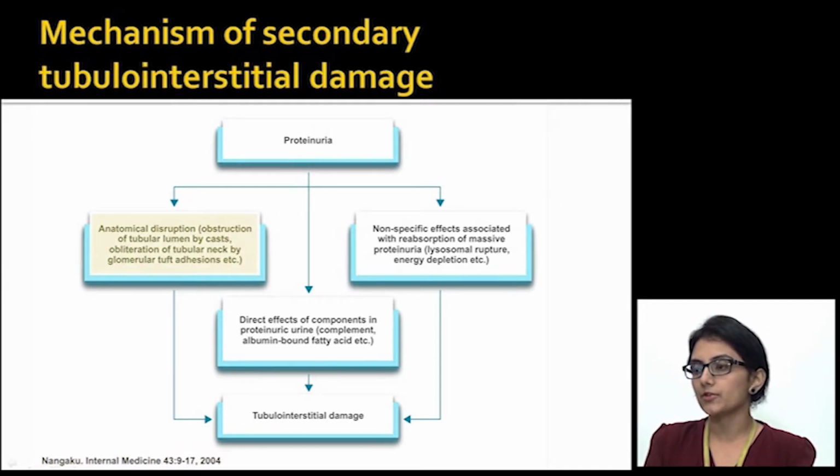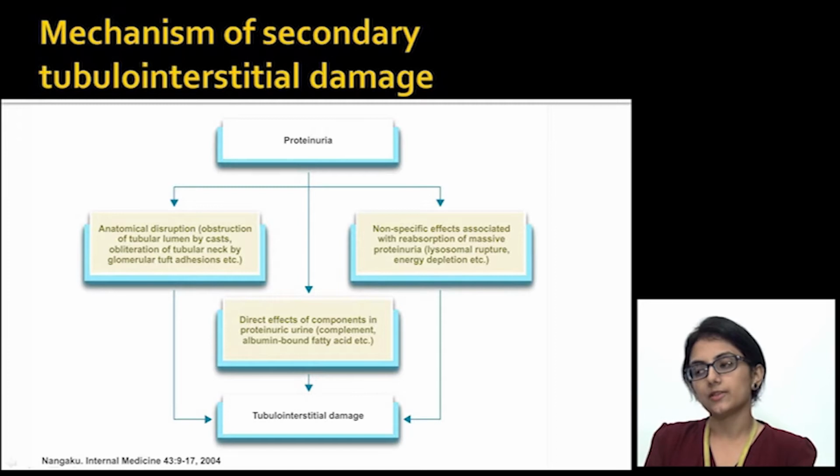You now have obstruction of tubular lumina by casts, like we've just seen, which will cause back pressure and damage to the glomeruli, as well as direct effects of these proteins, which are tubular toxic, as well as non-specific effects associated with resorption of all this massive amount of protein, like lysosomal rupture, mitochondrial damage resulting in energy depletion. So all of these factors together